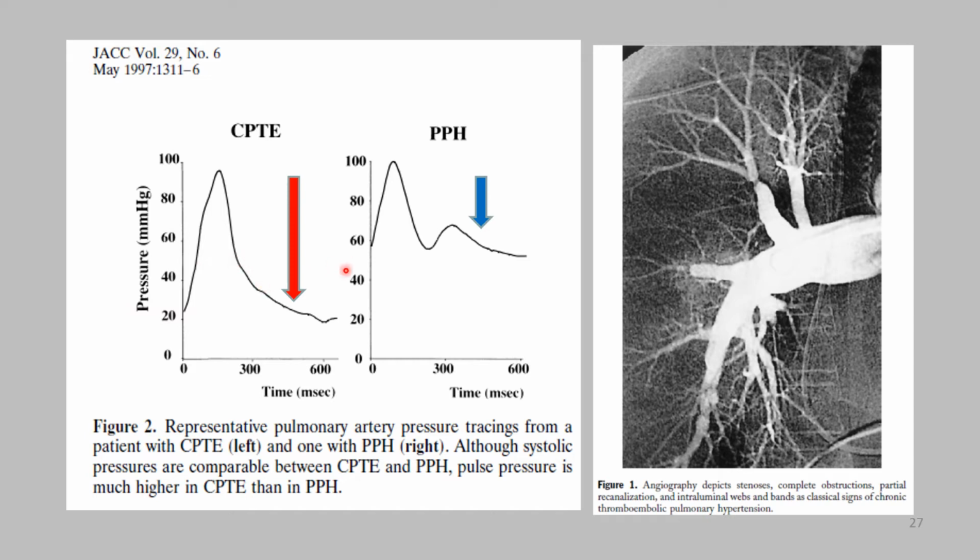When you compare a patient with the same systolic pressure, as in his example, the diastolic pressure is much higher. So this was the hint that he could use when doing cardiac catheterization with the catheter within the main pulmonary artery: just by having this discrepancy between a very high systolic and not very high diastolic pressure, you could have a hint of